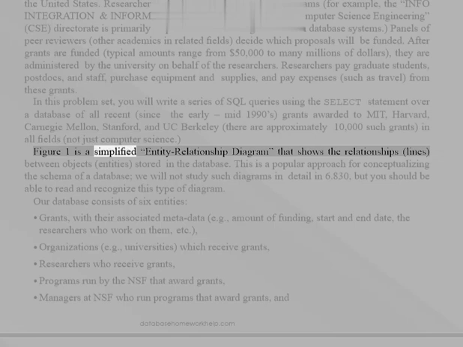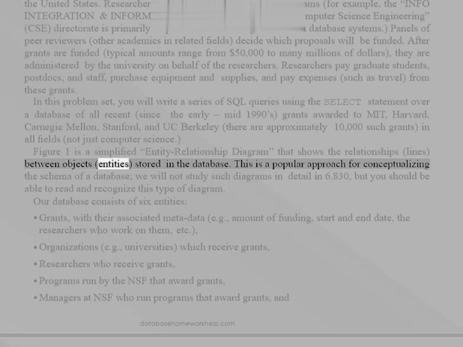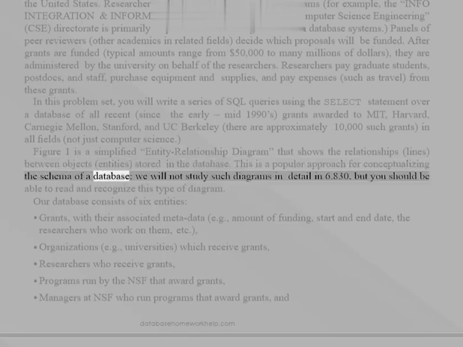Figure 1 is a simplified entity relationship diagram that shows the relationships, lines, between objects, entities, stored in the database. This is a popular approach for conceptualizing the schema of a database. We will not study such diagrams in detail in 6.830, but you should be able to read and recognize this